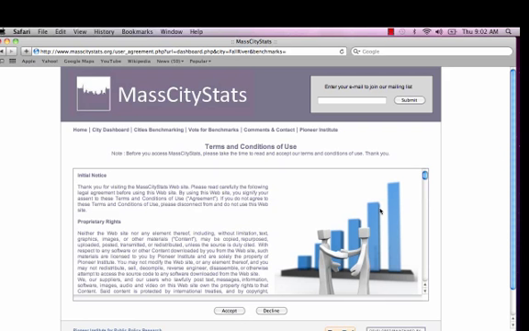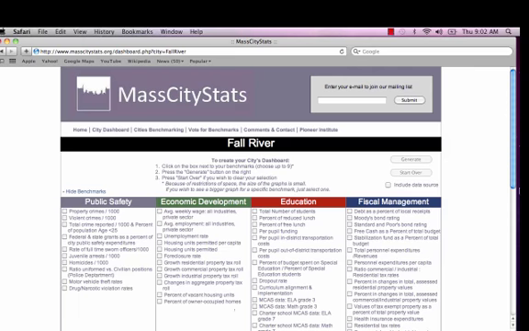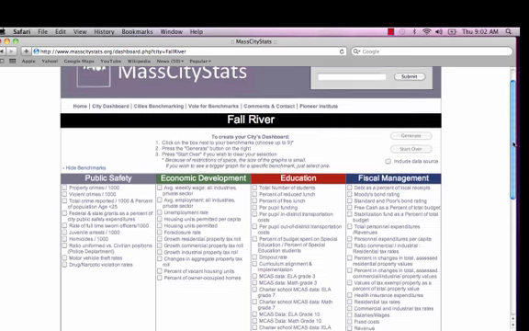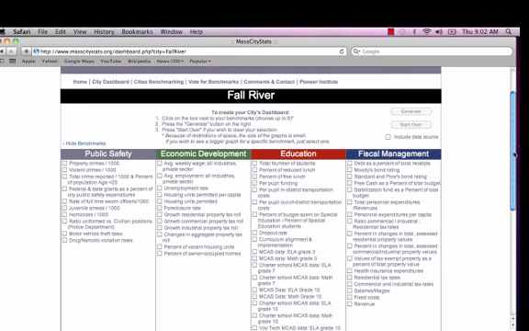One thing that you will see immediately is our terms and conditions of use. Once you have read them, you can accept, and then it will take you directly to the page you have selected. In this instance, I chose information for Fall River, and I have a list of benchmarks in front of me. Please select up to 9 benchmarks that are of interest to you